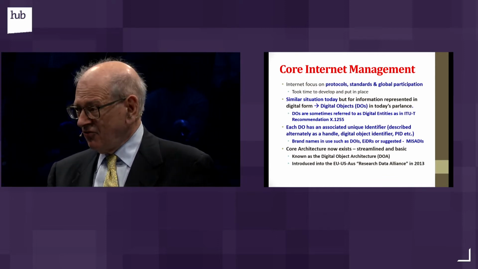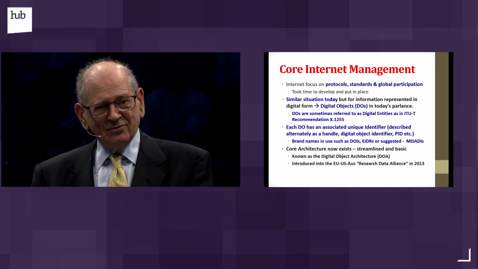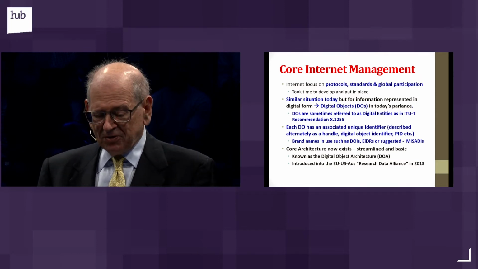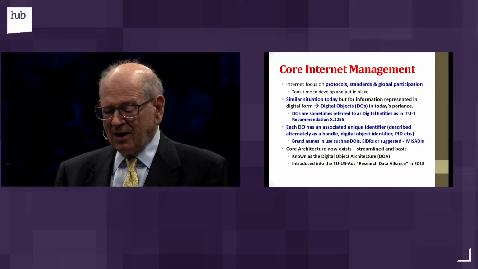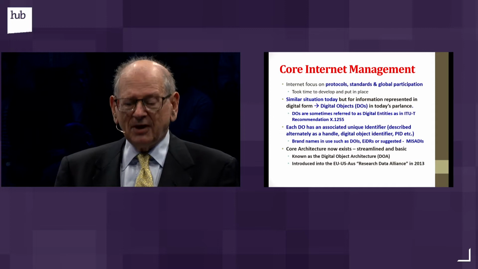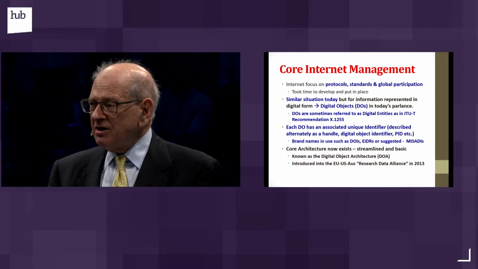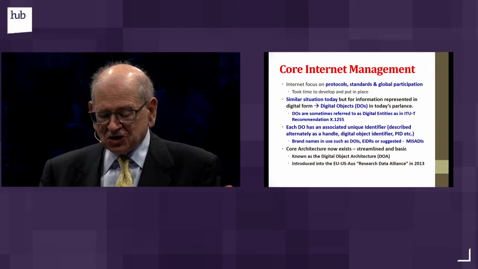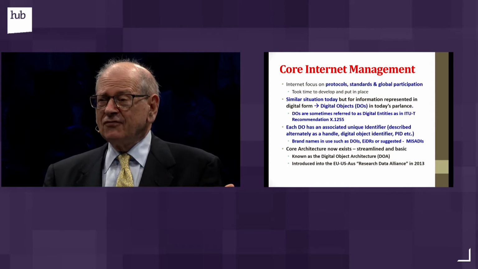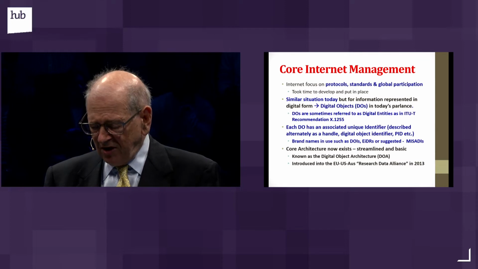But there are a lot of brand names as well. So you would see in scientific journals things called DOIs, which is the shortened version of digital object identifier, but it's a trademark of the publishing universe for the most part. IDERs, another term that's been trademarked, is used for the entertainment industry, and so forth. There is a core architecture for that. I view it as a logical extension of the internet, sort of providing some more infrastructural primitives that make it easier to deal with information.